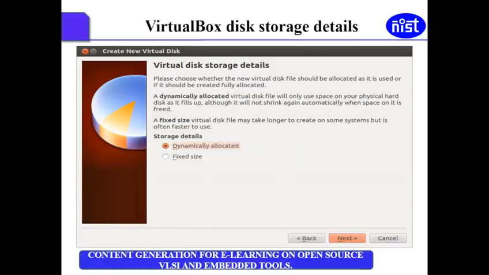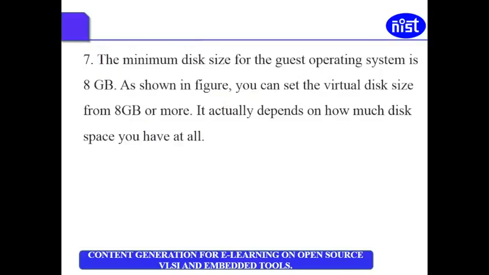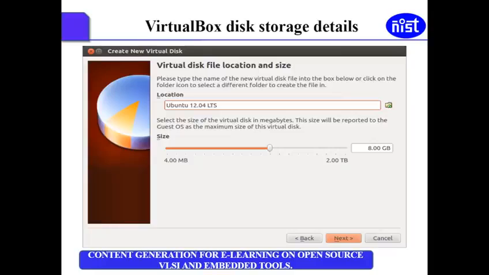So please choose dynamically allocated storage so that you can extend it later. The minimum disk size for the guest operating system is 8 GB, as I have said before.